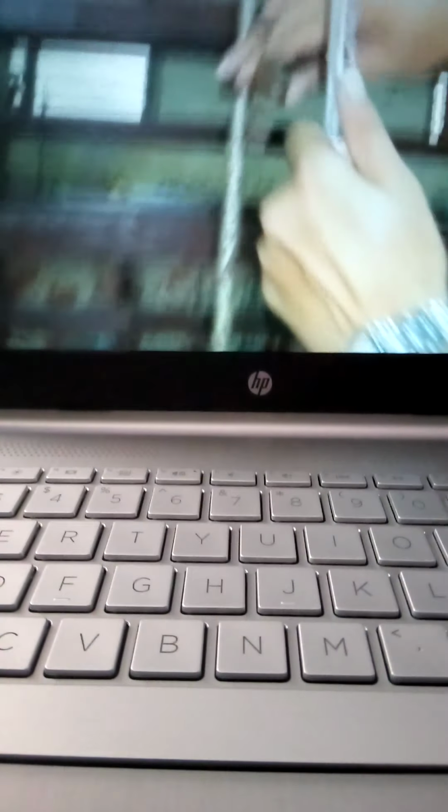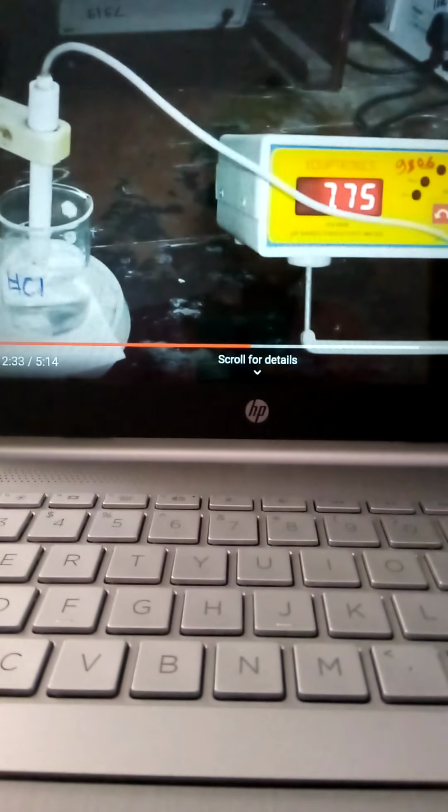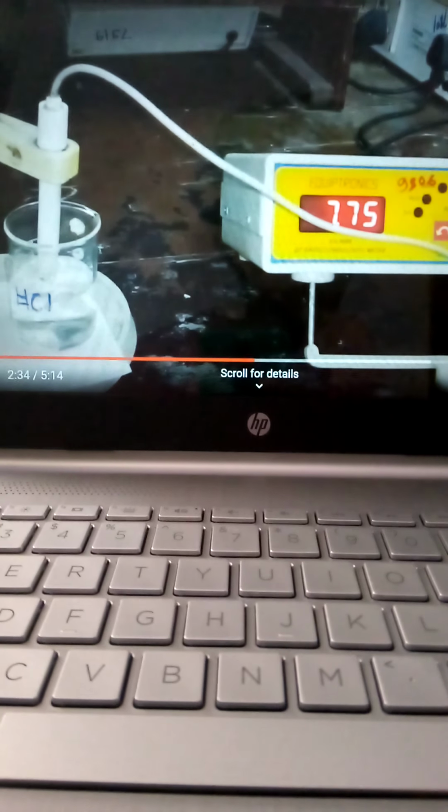Next we will see the graphical representation of the conductometric titration of acid mixtures. On plotting a graph of conductance versus volume of NaOH added, you will obtain three straight lines. These three straight lines meet at 2 points. The first corresponds to the total volume for HCl and the second corresponds to the total volume for acetic acid.